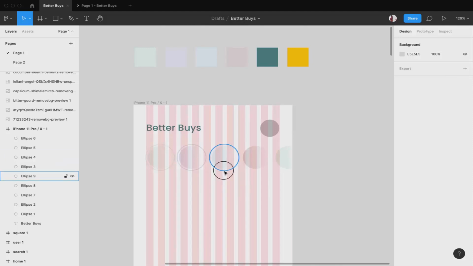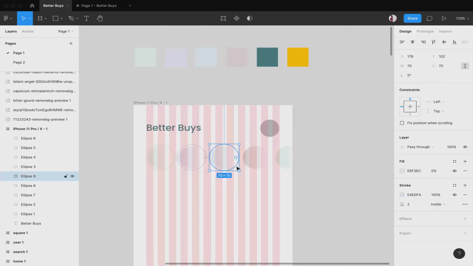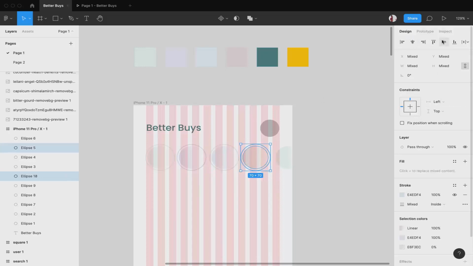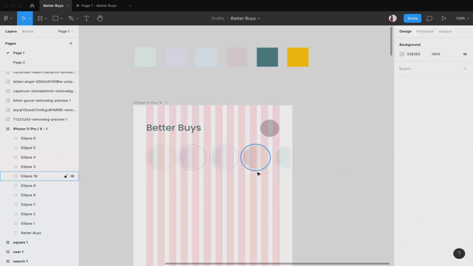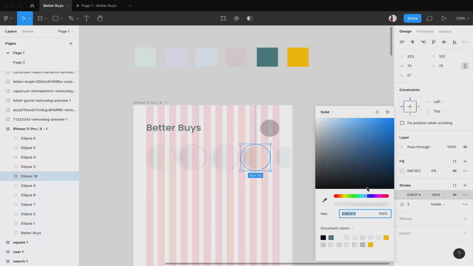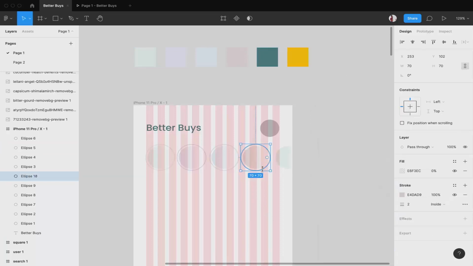Now I'll do the same for the fourth one. Drag it and bring a new one, then select both, then align it vertically and horizontally, and then finally change the color. Okay, do this, and then the last one.